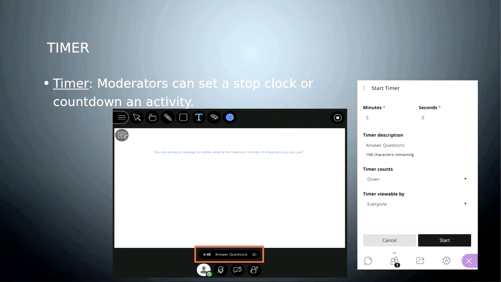So I'm basically just going down the share content menu screen. First we went over the whiteboard, then we shared the application. I showed you where to upload a PowerPoint file, the polling feature, we have a timer feature, and then you have breakout rooms, which we'll do in just a few minutes. So you can utilize